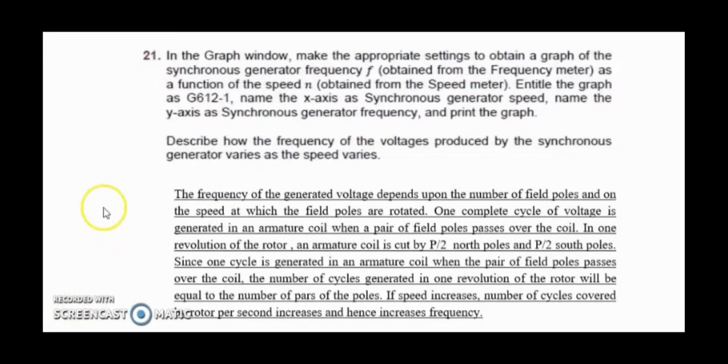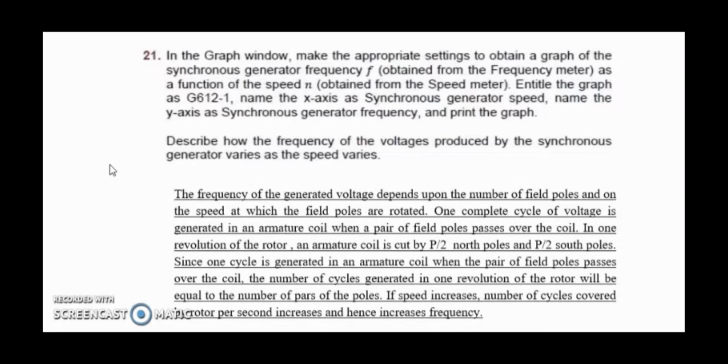The last question is, describe how the frequency of the voltage produced by the synchronous generator varies as the speed varies. So the answer is, the frequency of the generated voltage depends upon the number of field poles and on the speed at which the field poles are rotated. One complete cycle of voltage is generated in an armature coil when a pair of field poles passes over the coil. In one revolution of the rotor, an armature coil is cut by P over 2 north poles and P over 2 south poles,